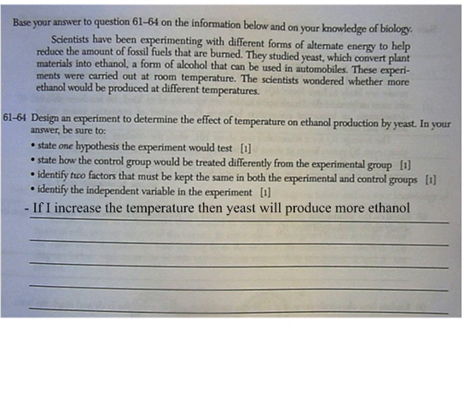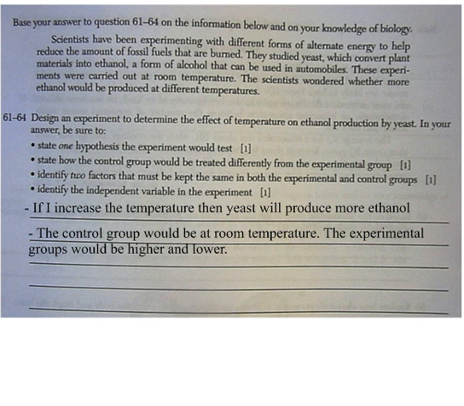Now the next bullet asks, state how the control group would be treated differently from the experimental group. If you remember, the control group is my normal setup, the one that is not being tested. And very often you would leave the independent variable out of the control group. Now in this experiment, my independent variable is the temperature, and you can't leave temperature out. That's impossible. You can't have no temperature. So to be normal, maybe I would say the control group would get room temperature. And then I would have some temperatures above room temperature and below room temperature to see if my hypothesis is